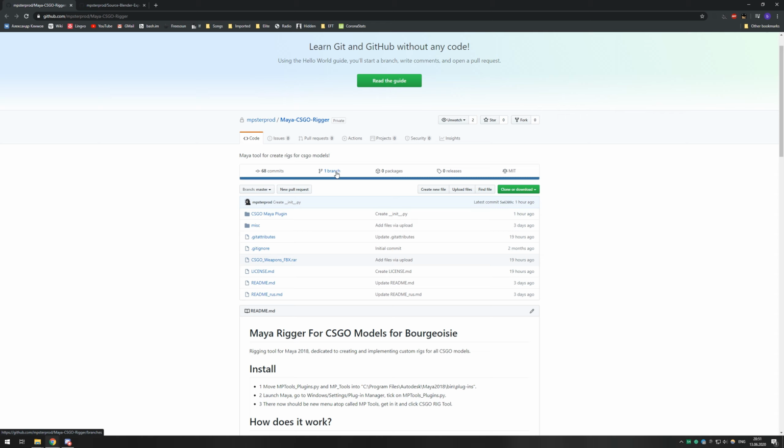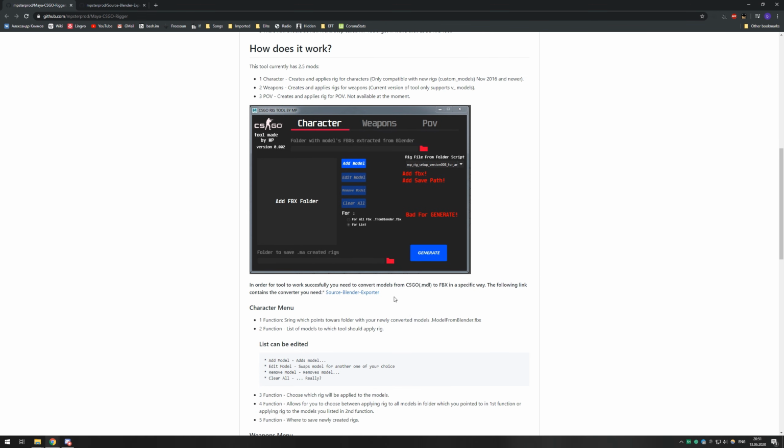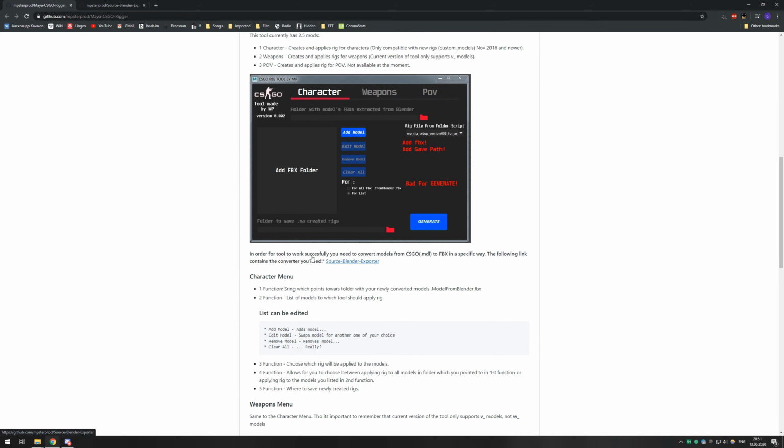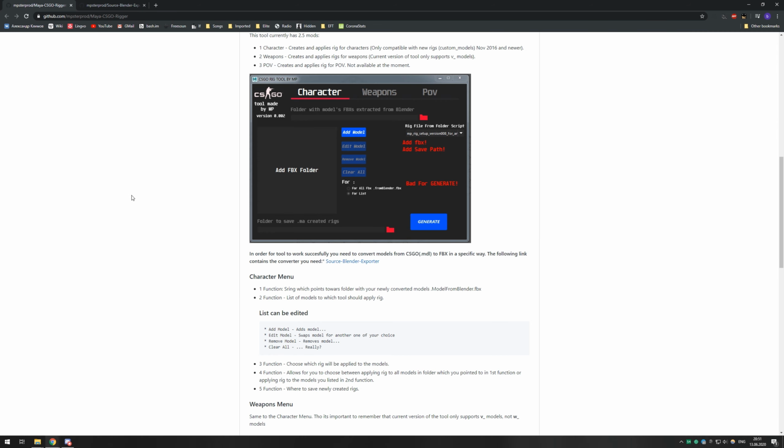First of all, what you will need obviously is the Maya CSGO Rig tool, so go ahead and download it. Next, another download, you will have a source blend exporter down the line, which will be here, download.